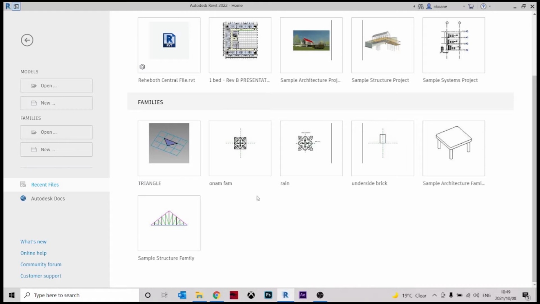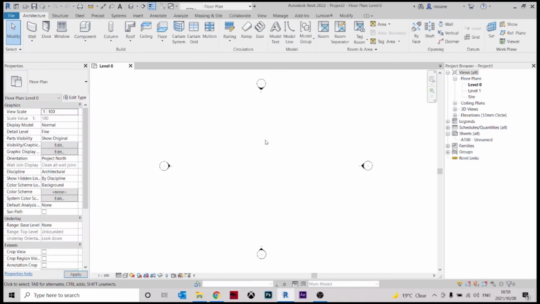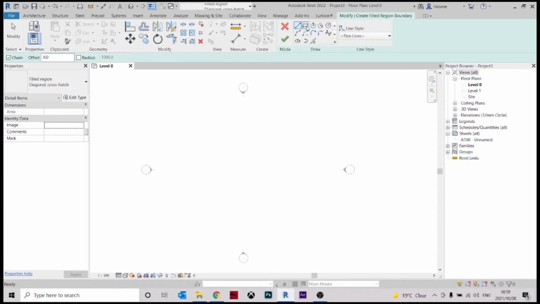Today I will be showing you guys how to begin sorting out your floor plans according to categories and your sheets, your elevations, your sections, all your views in your project. I'm going to use an architectural template, and from here, let's say for example, in your project you have